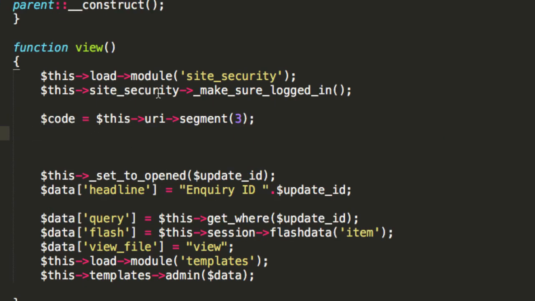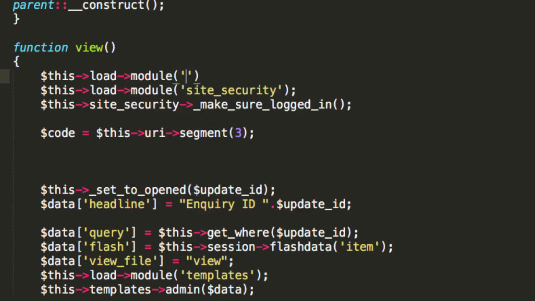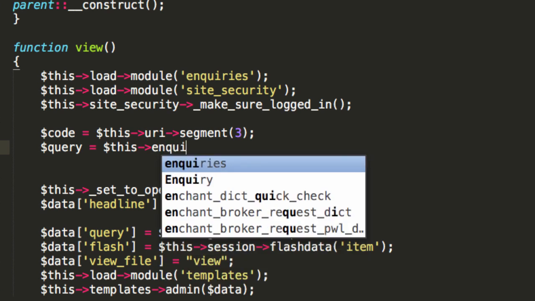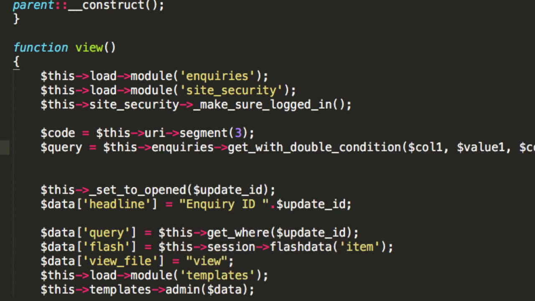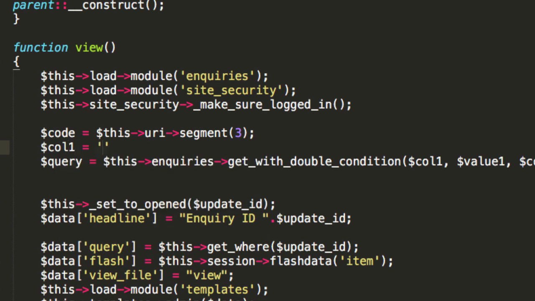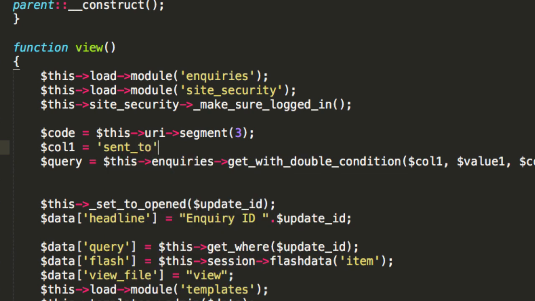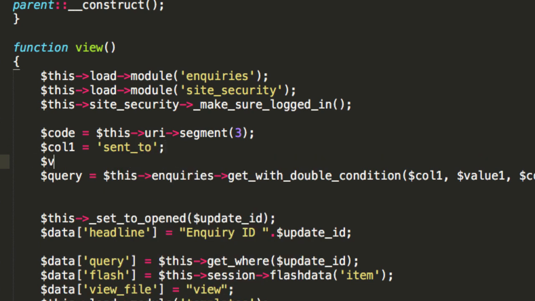Let's stick with tradition, and we'll load the module at the top of the code. I don't always do that, you know, but I'm trying to be neat, you know. So the vibe is I've loaded up the inquiries module, and now I'm going to say query equals this, inquiries, get with double condition. So let's clarify the variables, okay? Column 1 is going to be sent to, okay, and value 1 is going to be